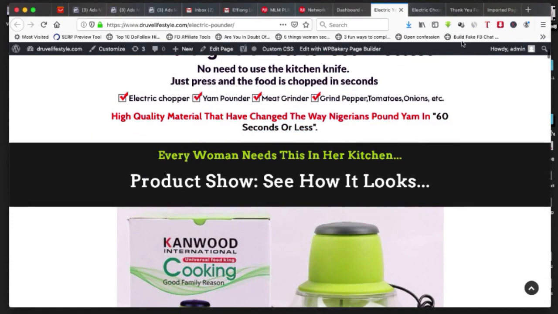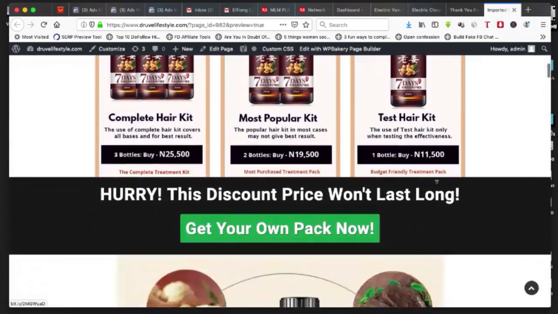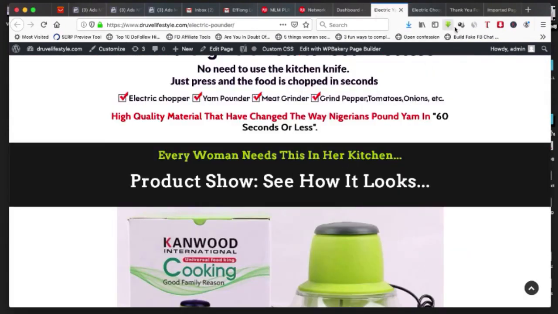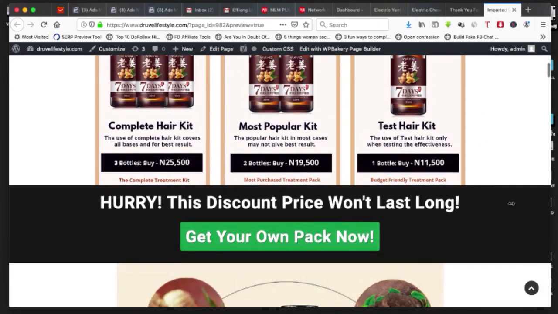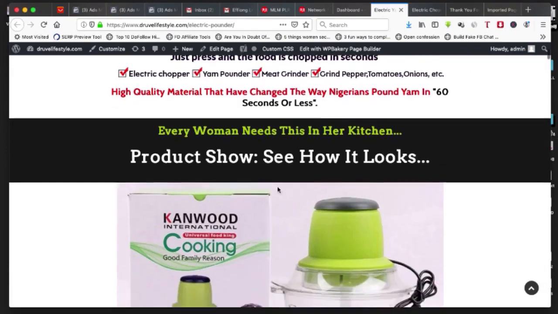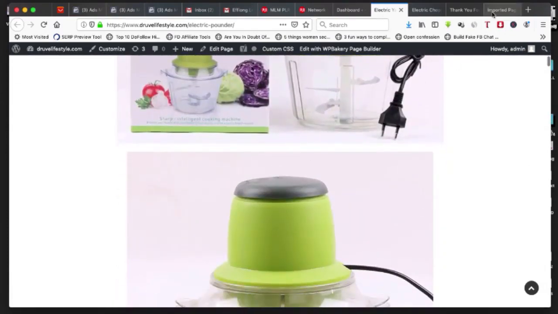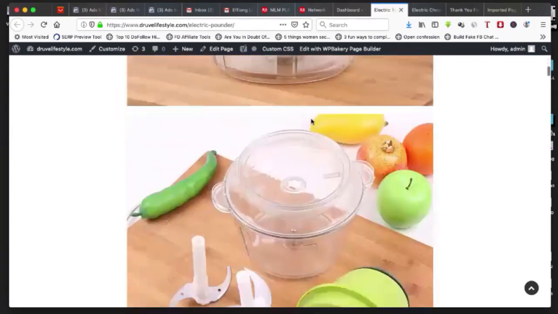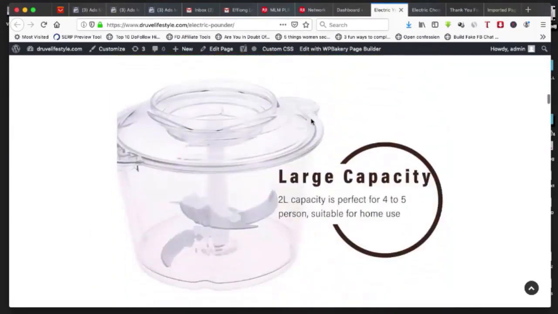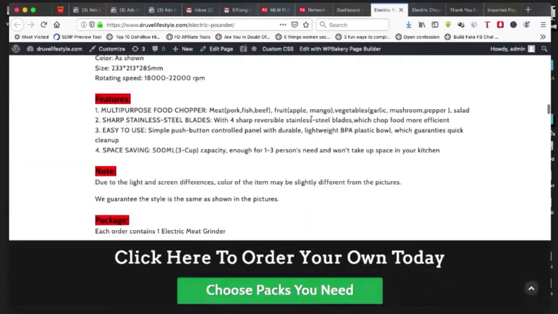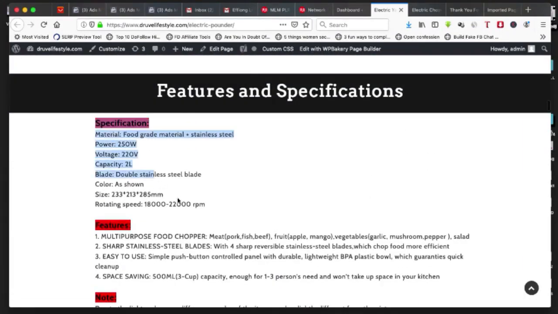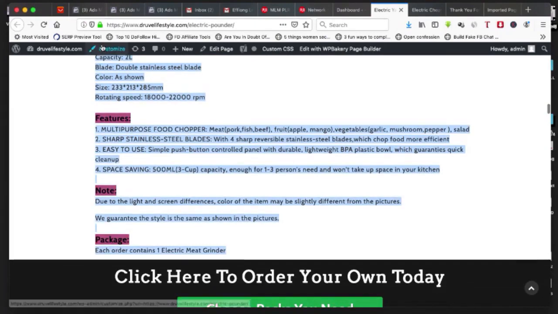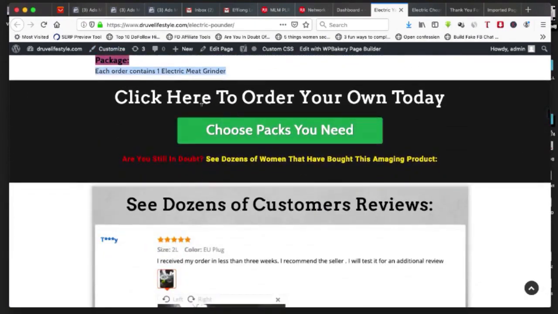You know how we added our section. In this one we didn't add something like that. We just went ahead and added a section. So I just want to show you that this page is almost exactly like this. Nothing different. I just use the same templates, added my image, and I showed you guys how to get these details, right? You get these details from the seller on AliExpress. Also, you get details of